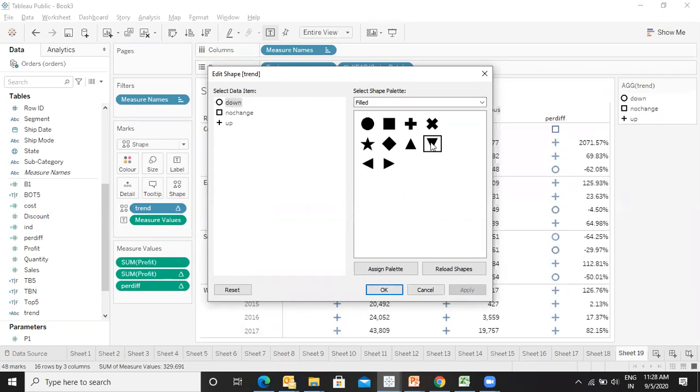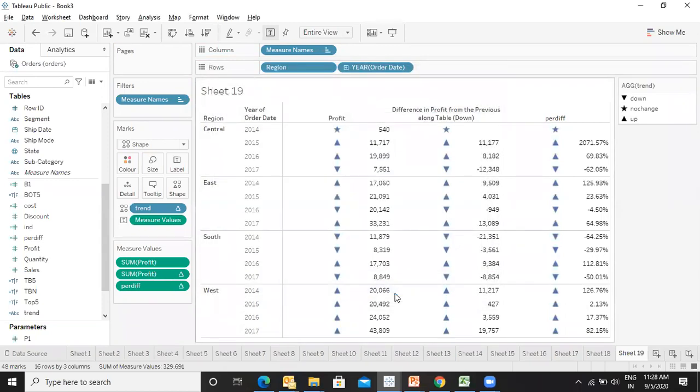For down, I will use the down arrow. For no change, I will use, let's say, star. For up, I will use up. Say apply and okay.